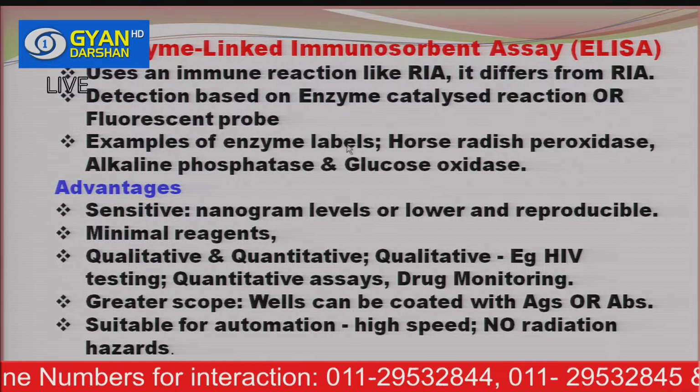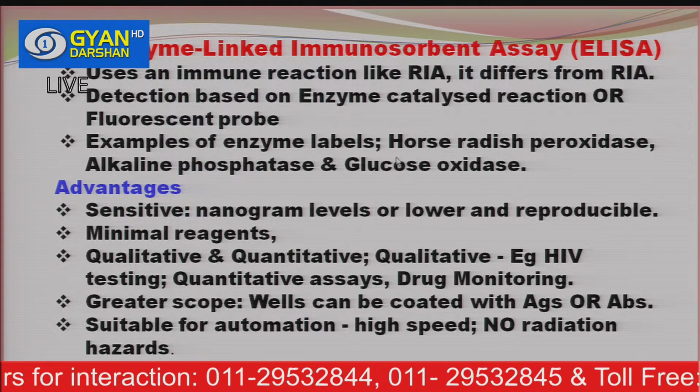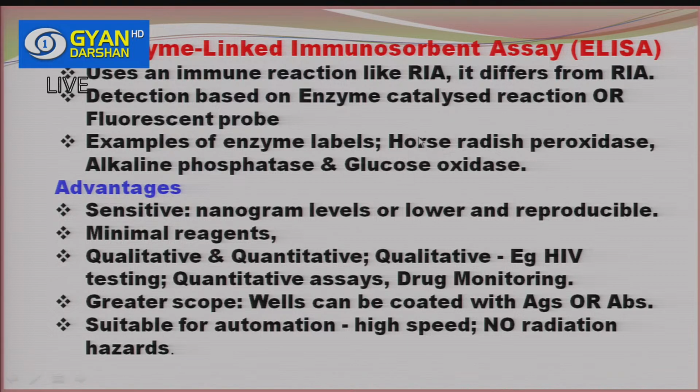An example of enzyme labeled probes: several enzymes we can utilize in ELISA. One is horseradish peroxidase. Another is alkaline phosphatase and glucose oxidase. These are the 3 enzymes we can utilize in ELISA. What is the advantage of ELISA? It is very sensitive, at nanogram level or lower, and reproducible,